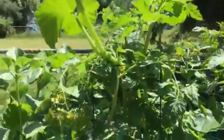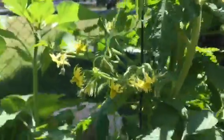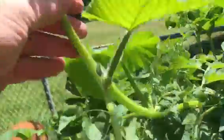And this one I think is also an indeterminate. It's the Cherokee Purple. It's got quite a few flowers on it, so that ought to be setting fruit soon too. And here is a pumpkin, a jack-o'-lantern pumpkin that has come right on through the tomato cage and is heading out, and it's got its first set of blooms,